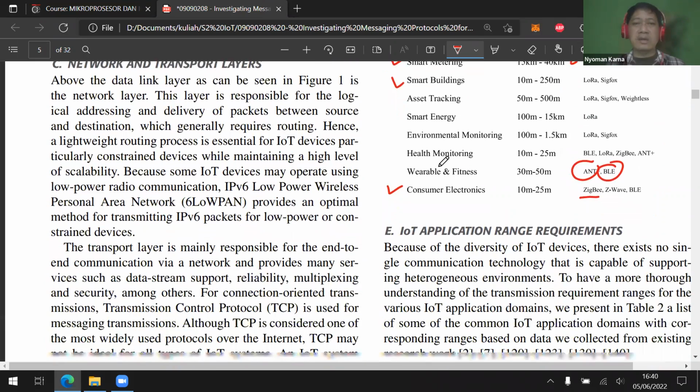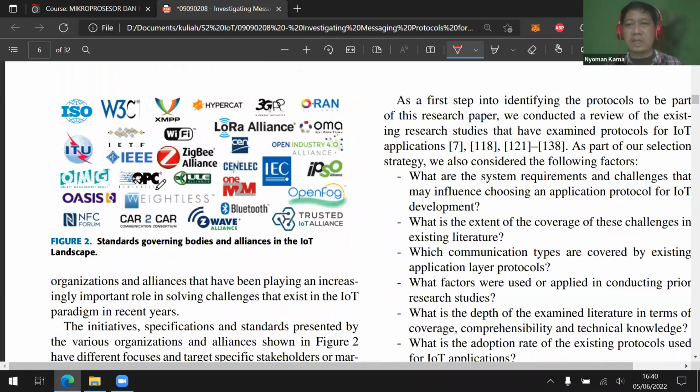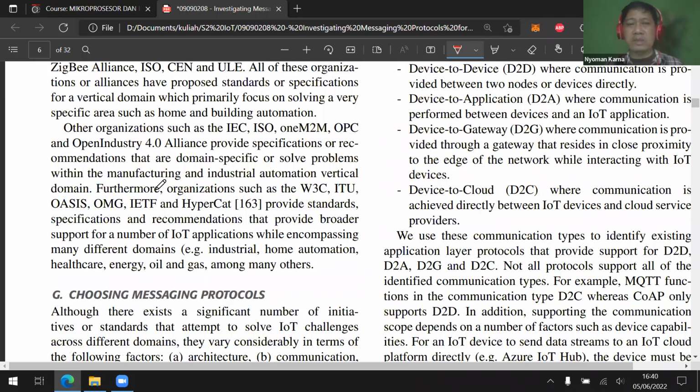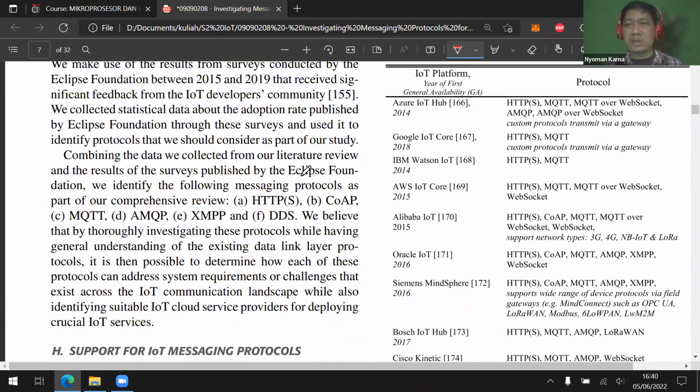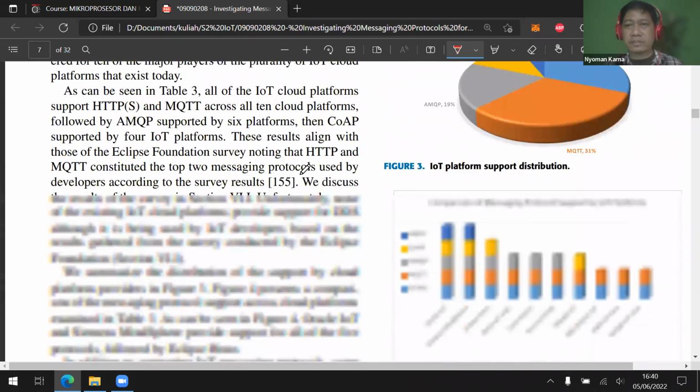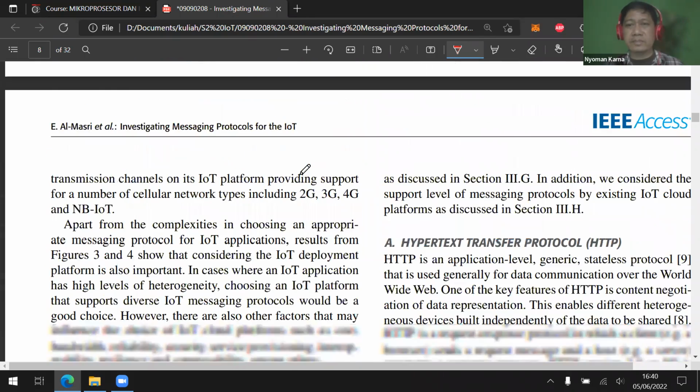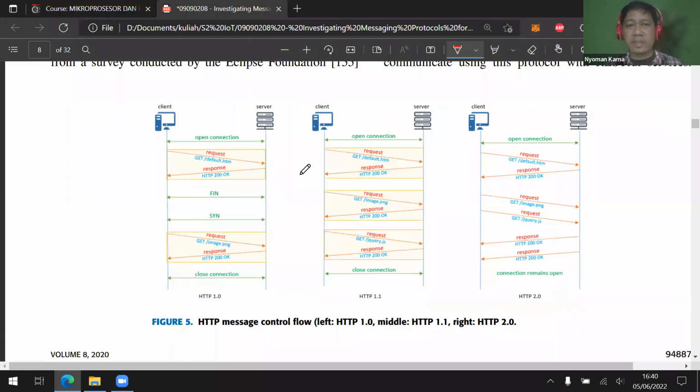Okay. Now we're going to discuss the difference between MQTT and HTTP. Okay, this is HTTP. If we're going to use HTTP as the application protocol to send the data, then we're going to use the topology of client and server.